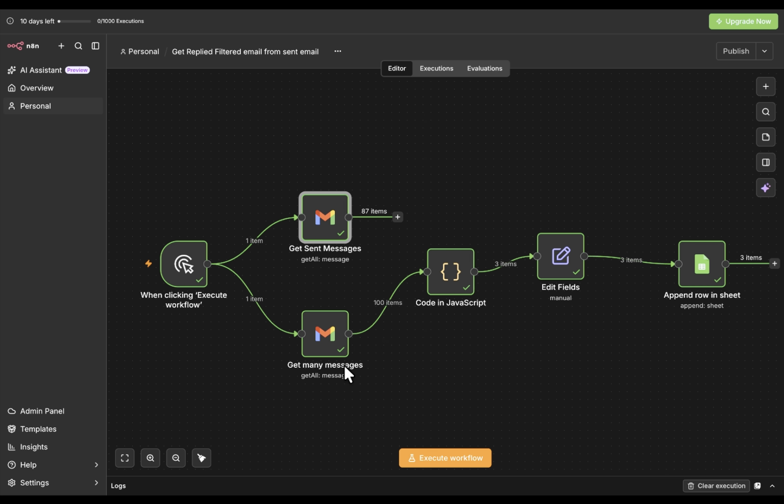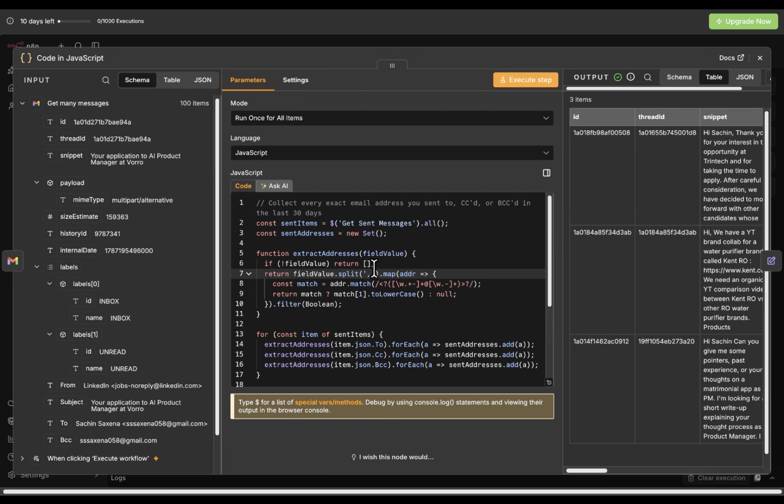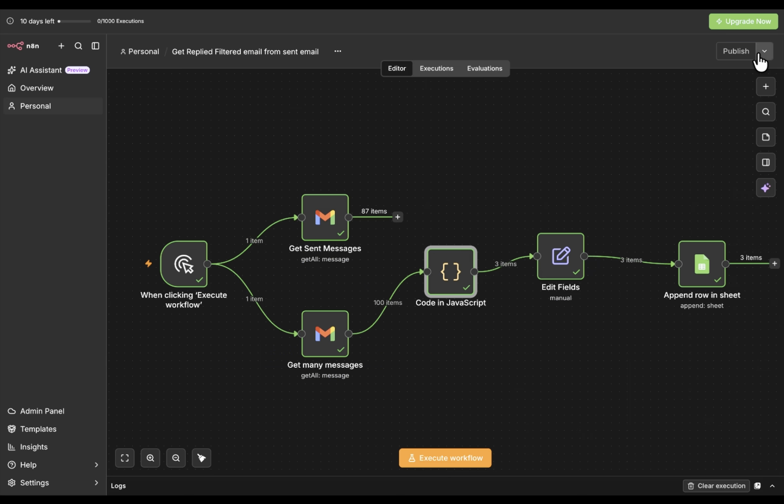All these 100 emails are not replies to these sent emails. So what I did is write a simple code which does the filtration work, where it only filters the emails which are replies to my sent emails.